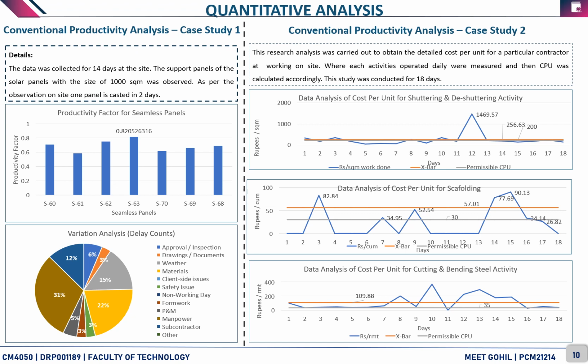As we can see, there is a total variation from panel S60 to S68, and the highest labor productivity was found in the S63 supporting panel. Moving on to the variation analysis, it was observed that the highest variation, at 31%, was due to material mobilization